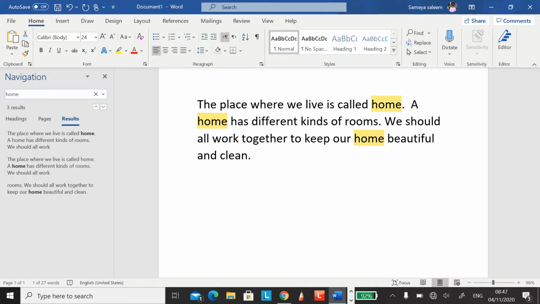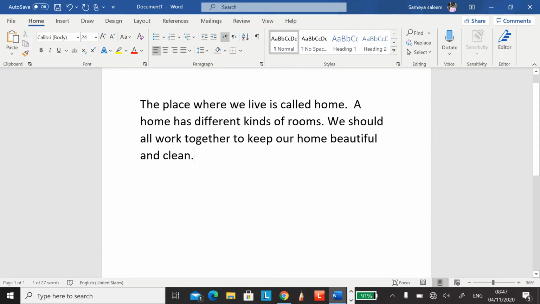What can you see? You can see all the words home highlighted in yellow in our document. If there are 10 pages, it will look through all 10 pages for the word home and highlight it in yellow. This way we will find a word in our Word document.